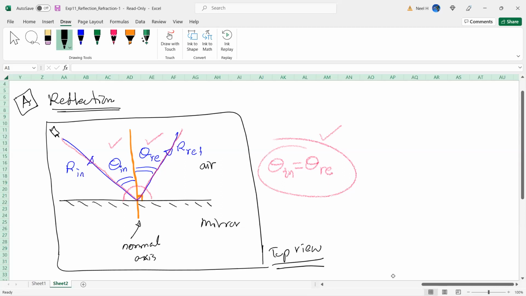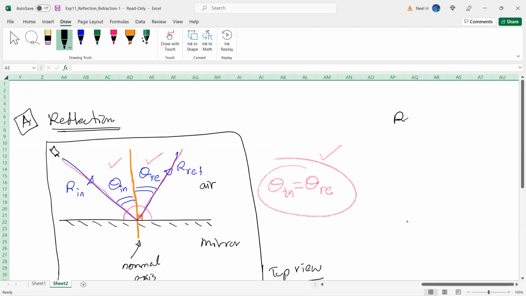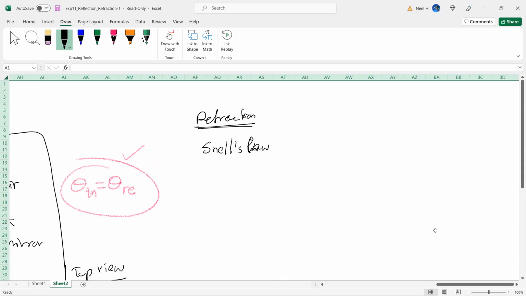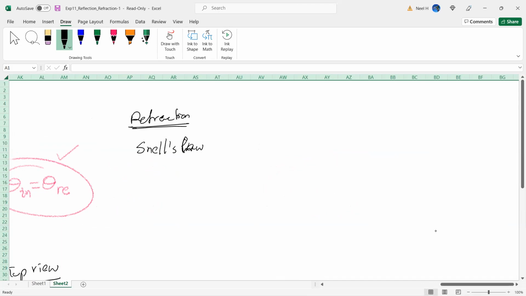Okay, then let's move into the law of refraction. The law of refraction was confirmed by Snell, and because of that it's generally called Snell's law. Snell is a person's name. Okay, what he did: this applies whenever light passes through a different medium, which means